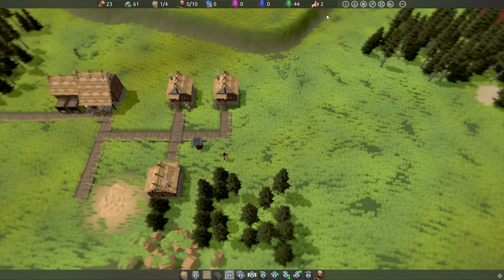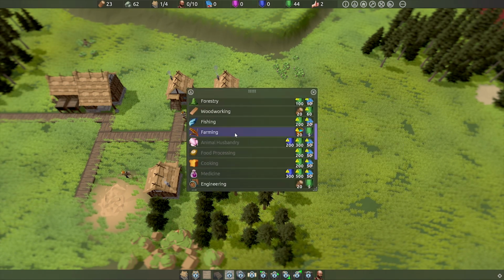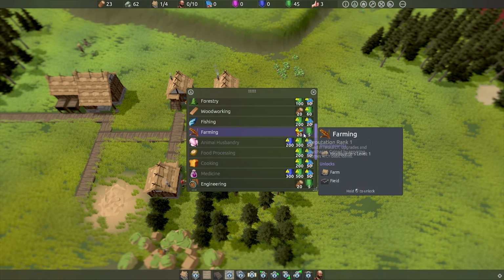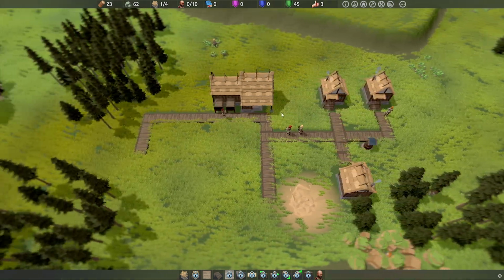So how do we unlock fields? Let's follow that rabbit hole. Farming, there we go. It requires 20 water, 5 reputation, and then we can make a farm in a field. That is awesome. So what we can do is